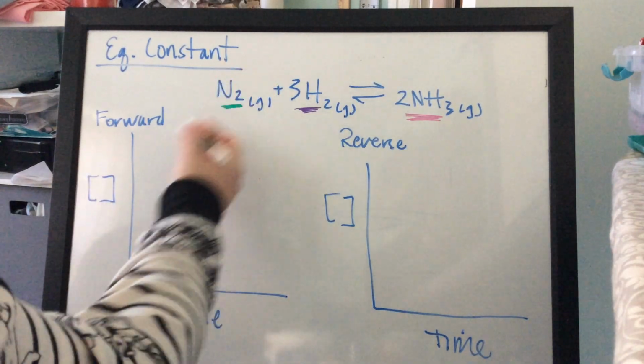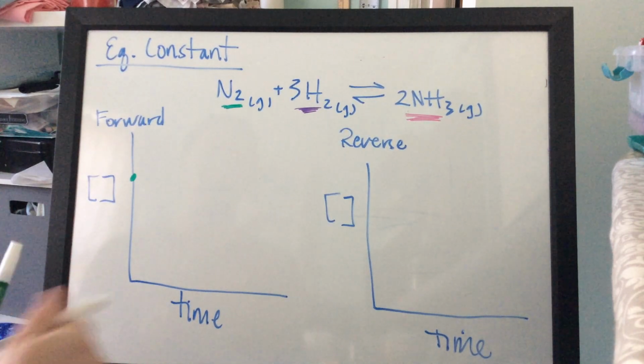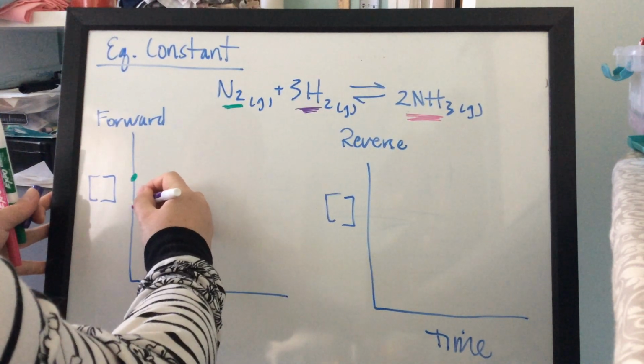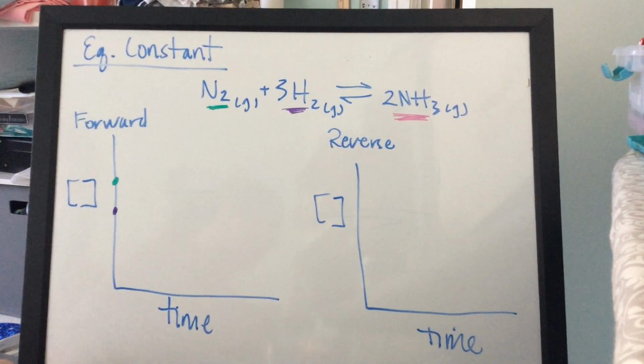I'm going to say that N2 has a concentration of this. I don't know. And H2 has a concentration that's a little bit lower of this. Okay, I'm just making these numbers up. But knowing that they have to have a concentration of something for this reaction to happen. Now, as the reaction progresses, the only thing that the reactants can do in terms of their concentration is to decrease, okay? And we talked about that when we talked about rates, that the reactants would be disappearing because the